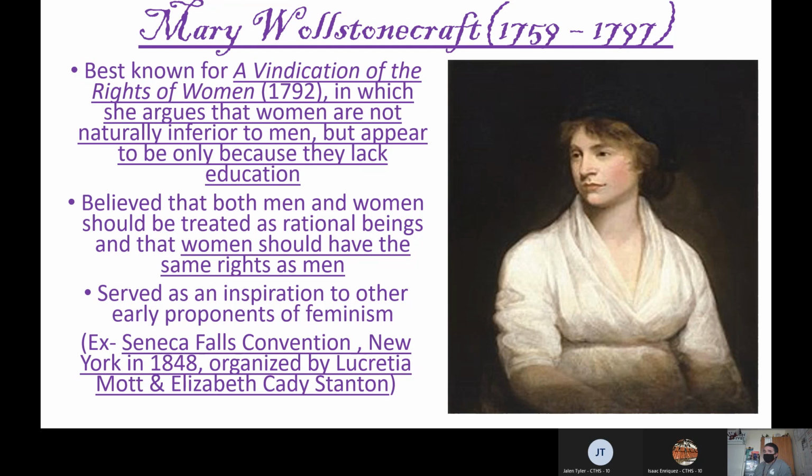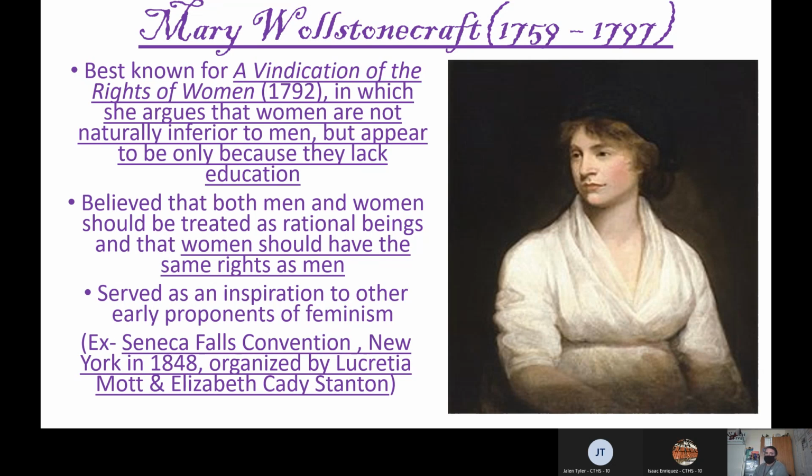Women maybe at this point aren't achieving as much, but it's because they don't have the opportunities to do so. They're not provided the education that a lot of men are. And that's really what she pushes for, equal opportunities, especially in the realms of education. She believed that both men and women should be treated as rational beings and that women should have the same